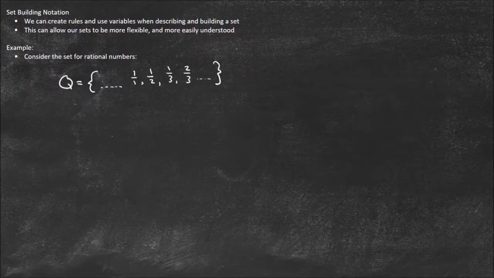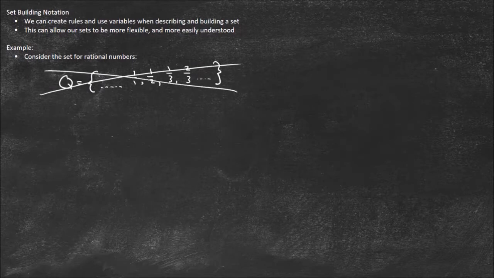But when I see this set, if I didn't see the Q and know it was rational numbers, I would be really confused at the pattern they were trying to get at here. So this is not the way we want to do this. We want to use set builder notation. And so the general set builder notation formula, so let me see, I'll write this down here. So set builder notation,